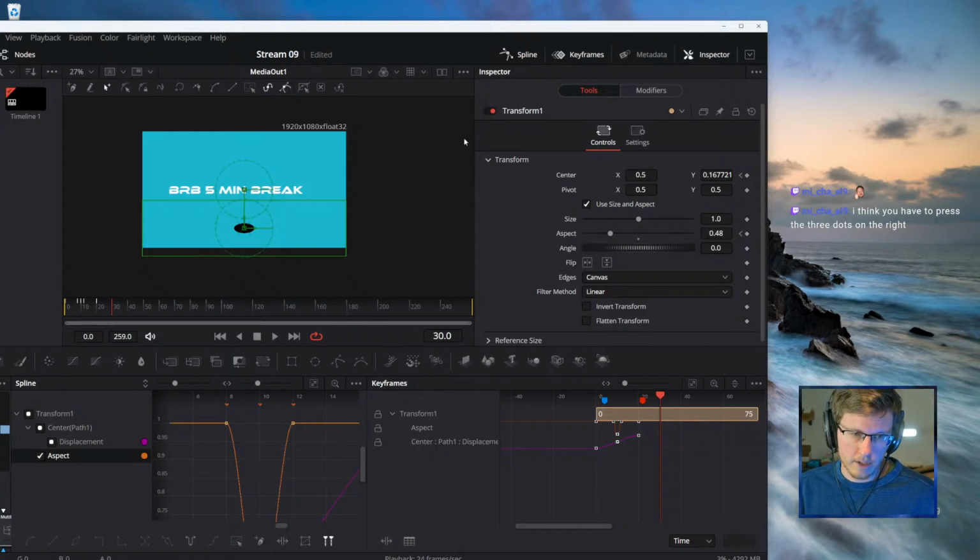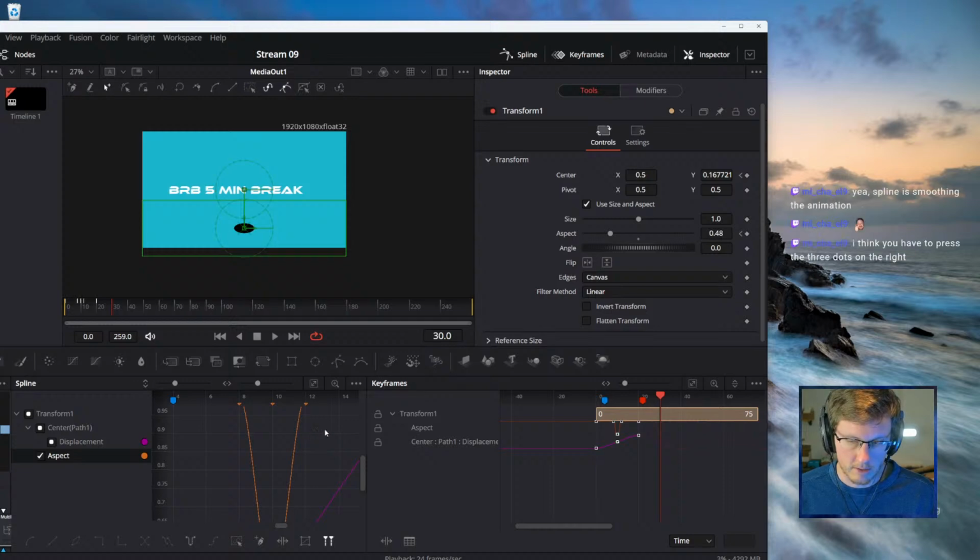And then spline is the next, the finishing step, where you're refining the spline, like the movement path, how it moves from keyframe to keyframe. Yeah, that makes sense.